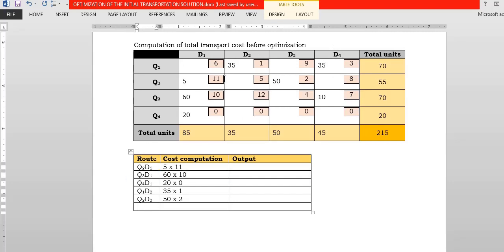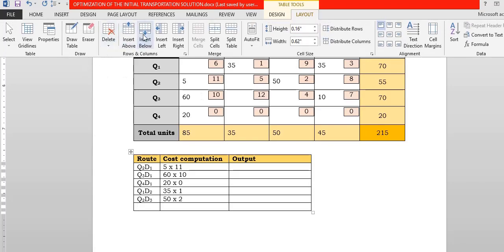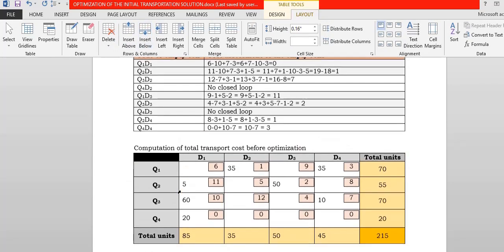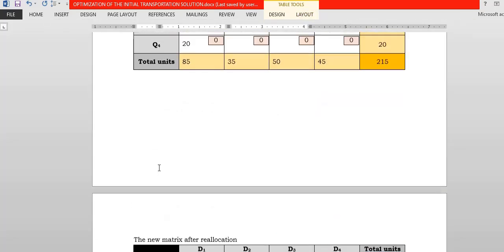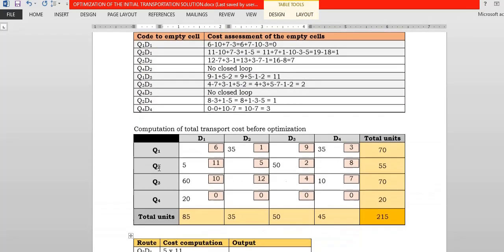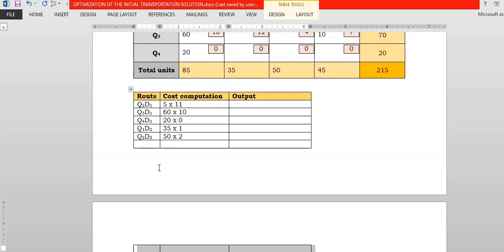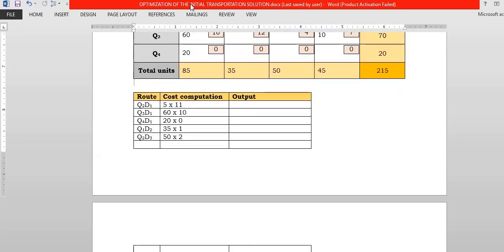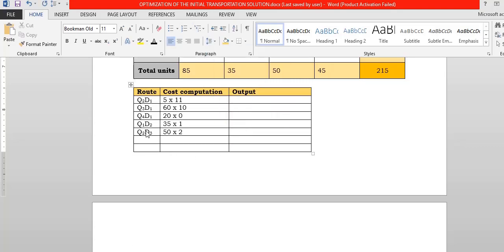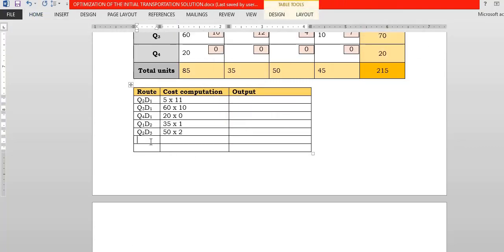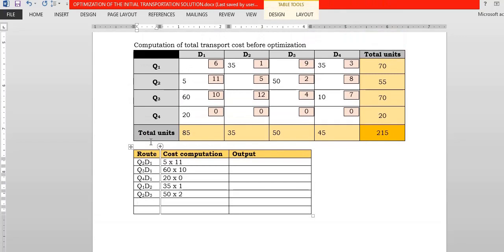And I think we need one more row downwards here. Okay, that will work, I think, for now. Correct. Now we have 50 times 2. We finish it on Q2D3. Then we have Q1D4,